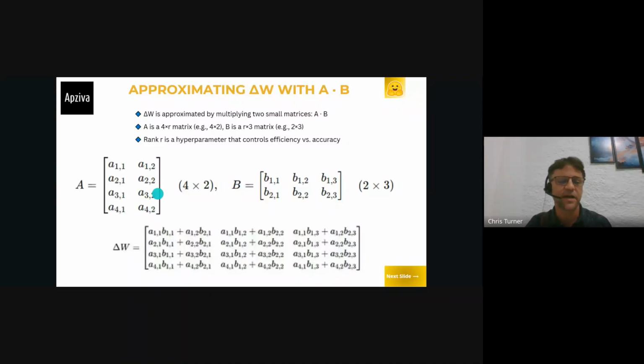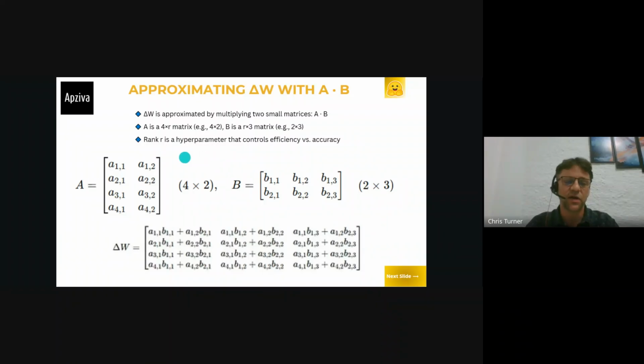And to calculate the size of the matrix A for the LoRA adapter, we take the number of rows and multiply it times rank, which is 8. And you can see we have 8 weights here in this LoRA adapter. And then to calculate the size of B, we take the rank times the number of columns, which is 6. And you can see we have 6 weights here in this LoRA adapter.